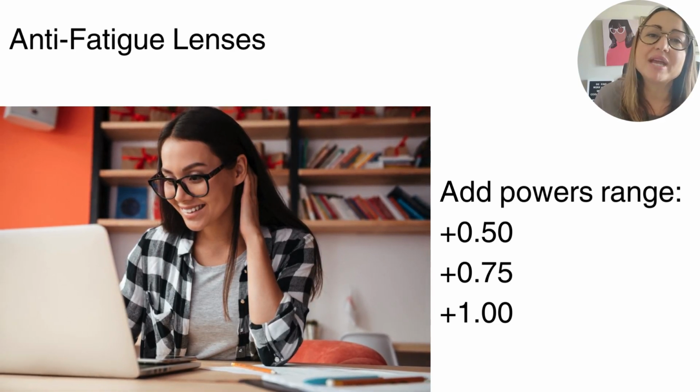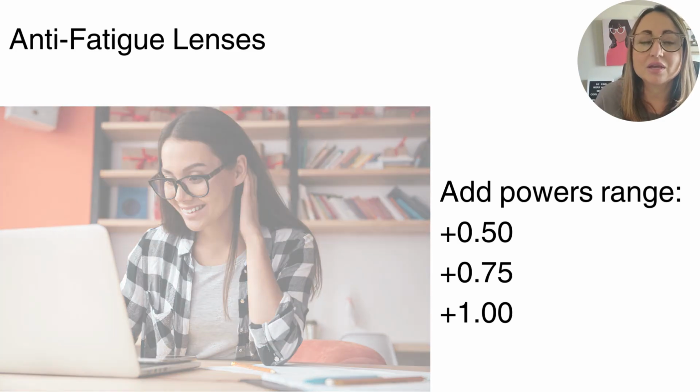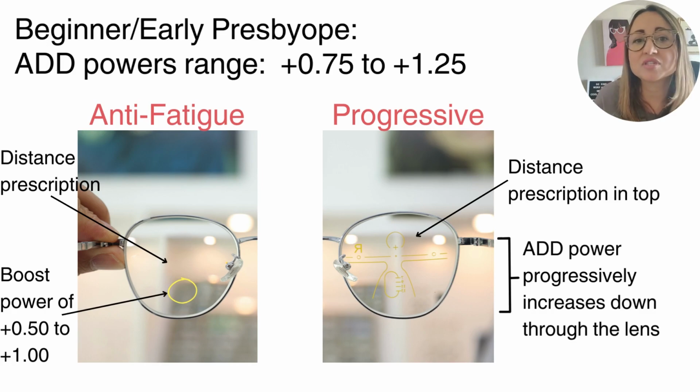On your prescription, you might see a lower add power such as plus 0.5 to plus 1, which can help alleviate eye strain from digital devices, and are typically used in anti-fatigue lens designs, while higher add powers are necessary for tasks like reading. Usually in add powers of plus 0.75 and up, you can enter into a starter or